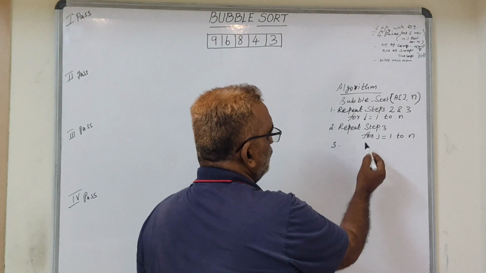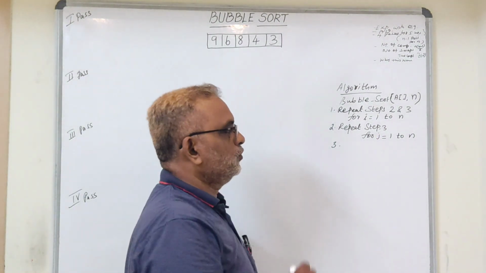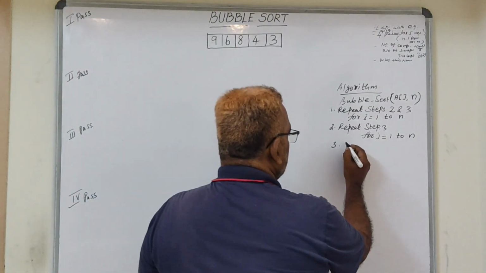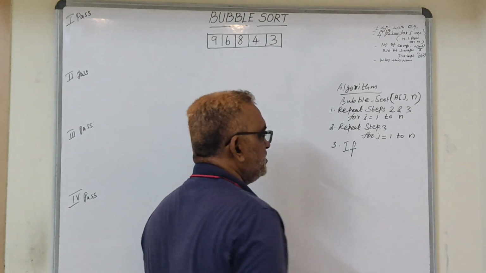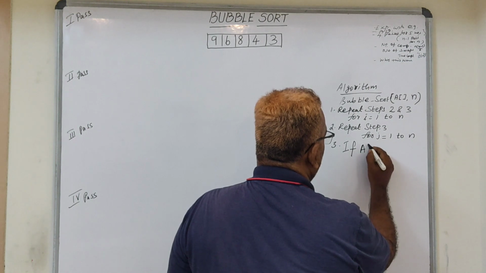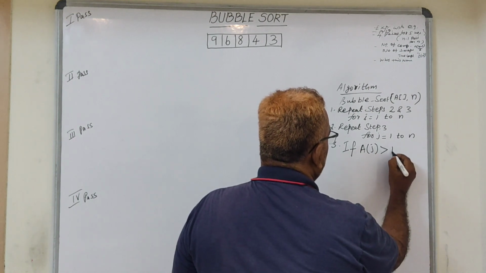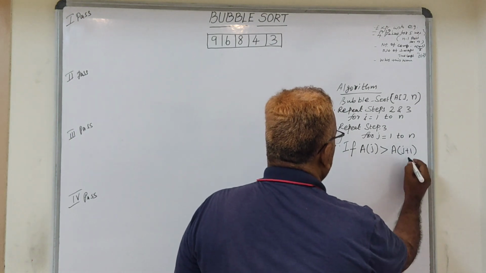In step 2, repeat step 3 for j equal to 1 to n number of times. In step 3, we check a condition: if A[j] is greater than A[j+1], then